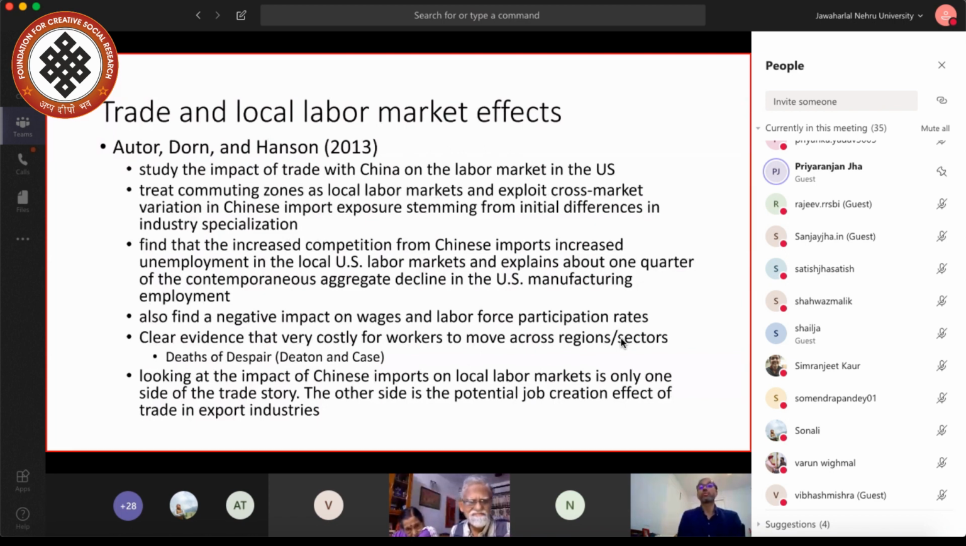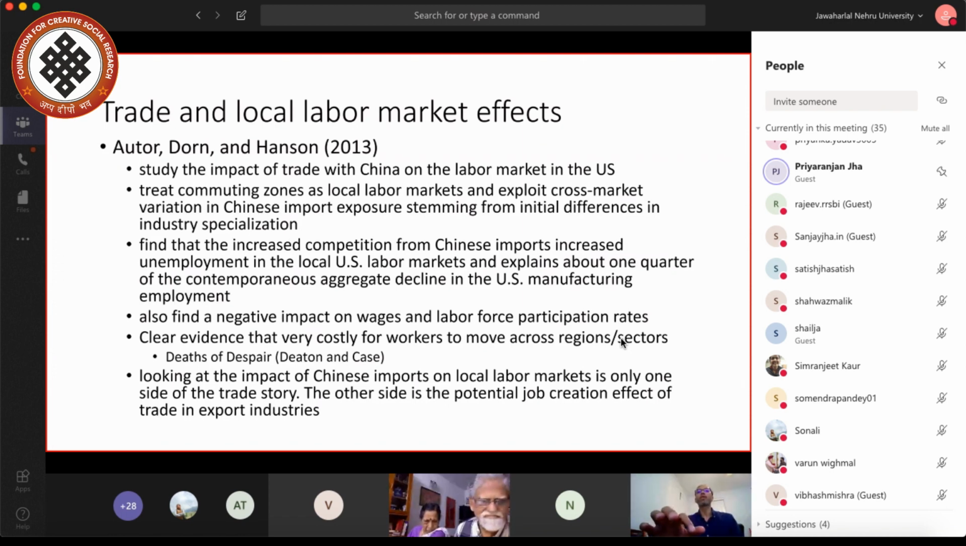So this is a very influential paper, and following this paper, there's a whole industry of China shock papers which study the impact of trade with China on various labor markets in Europe, US, and elsewhere. So what these people do is they treat each commuting zone in the US. Commuting zones are kind of areas. The idea is that people living in these areas commute to work within this area. So they would draw these circles for commuting zones